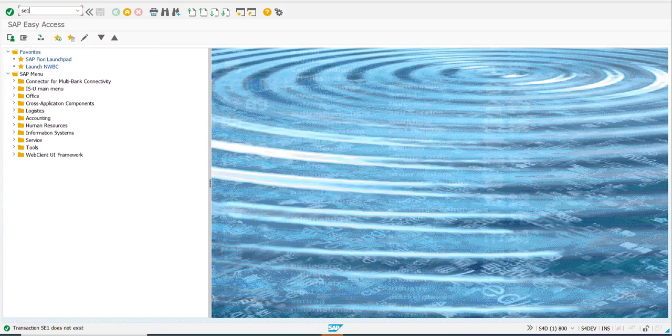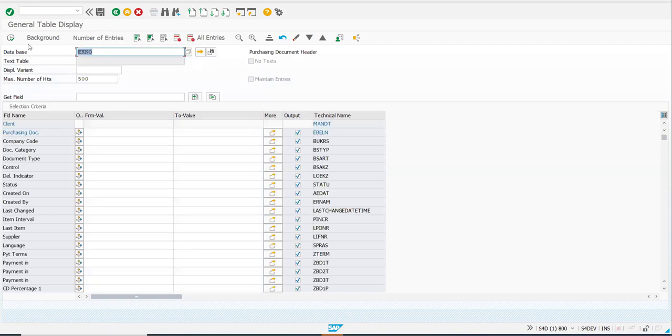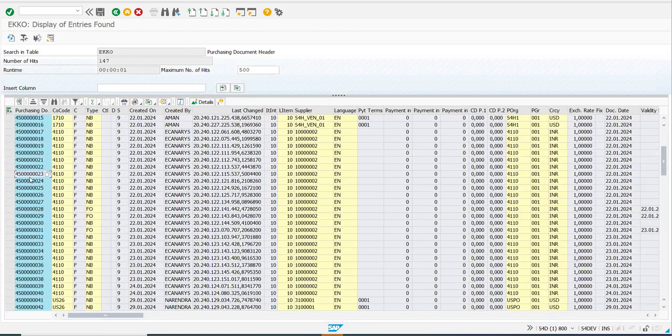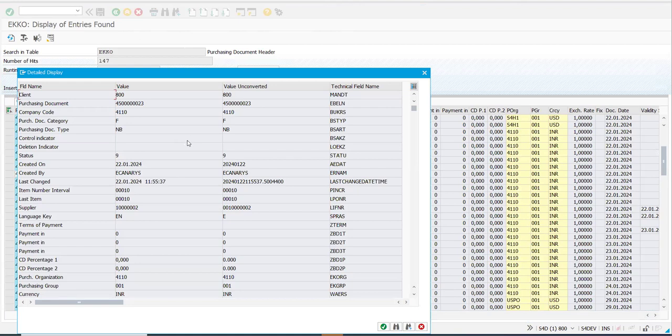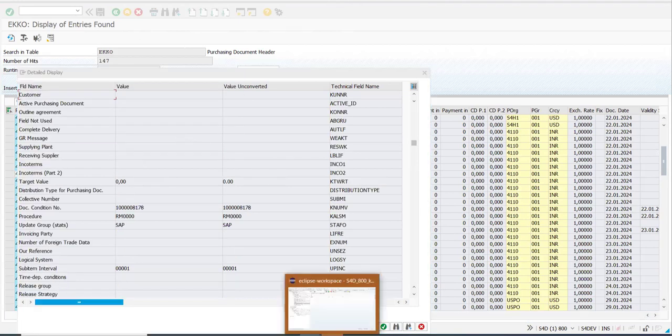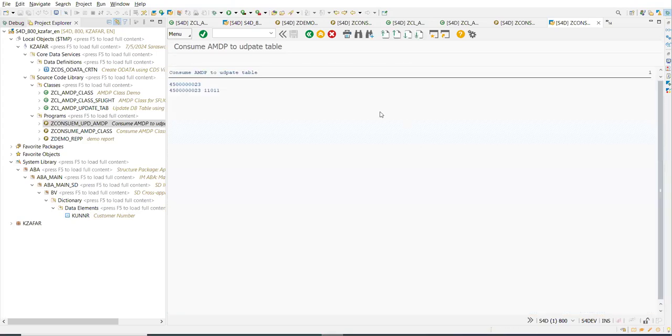HC69. Go to EKKO. Let's take any purchasing document number, let's take here 23. And see whether there is any value for 23 in the customer field. There's nothing there. I will go there and give my EBELN. I will execute this. You can see before is empty and after is